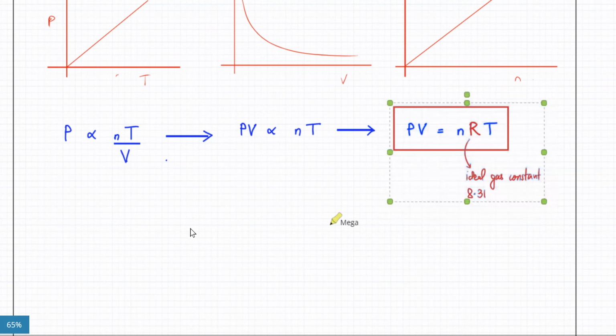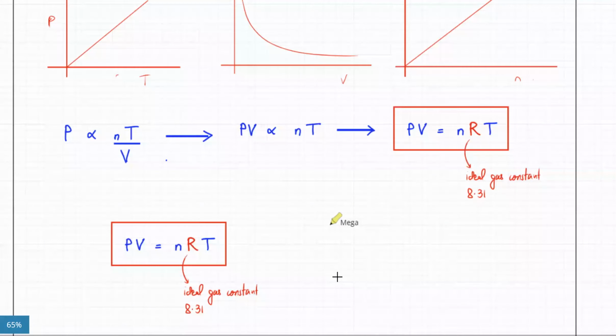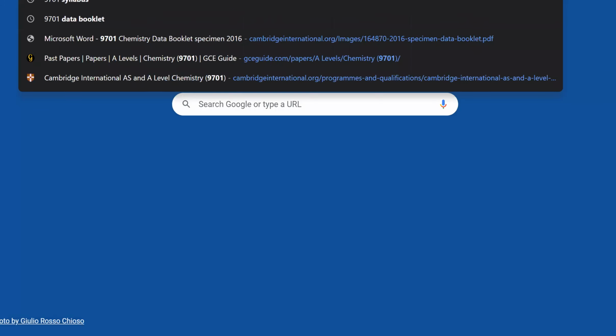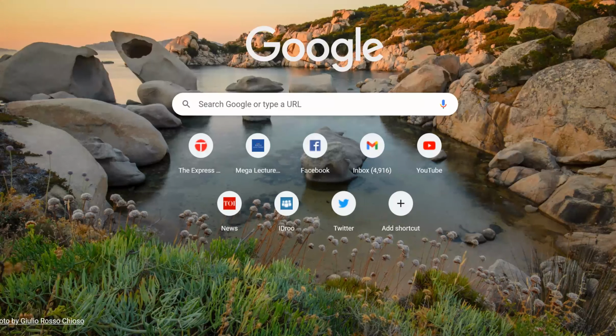Sir, will we not be given the data booklet? Now the thing is, whatever values you need, they would be given in the exam. Okay, thank God, because I thought that we could memorize our energetics things. No, I'll just give you an idea. Like in physics, if I pick any paper out for physics,